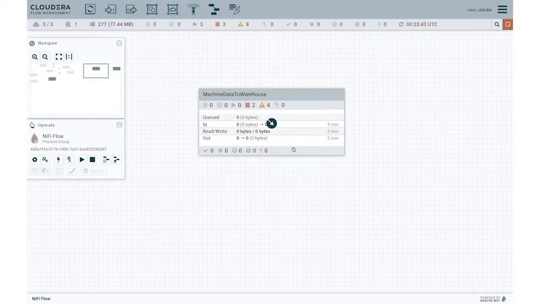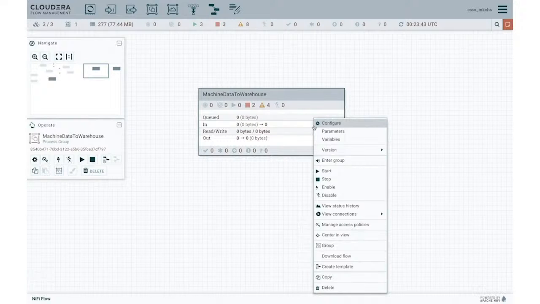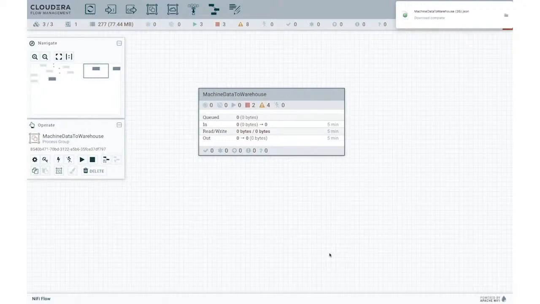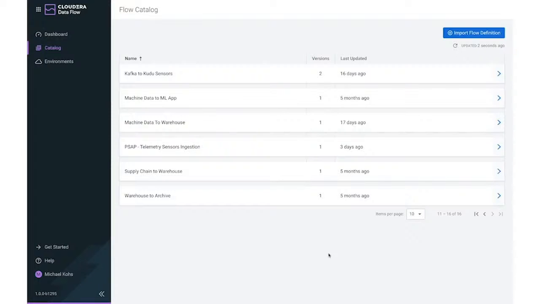So I have to get this flow exported. And thankfully, it's very easy to do that. I just have to right-click here, download this flow, and I'll get the JSON representation of the entire flow logic. Now with that JSON representation, I can switch over to the DataFlow service, and I can import it here